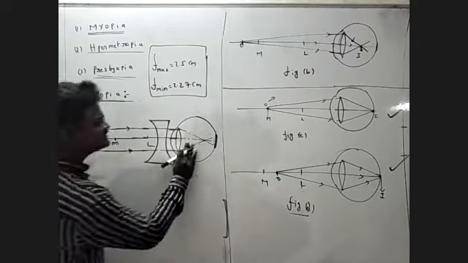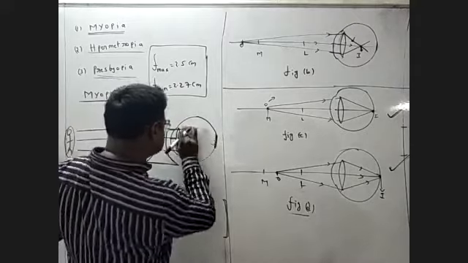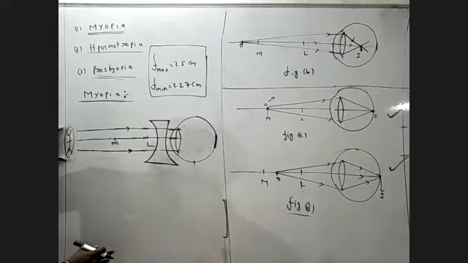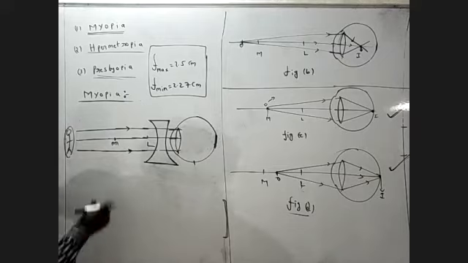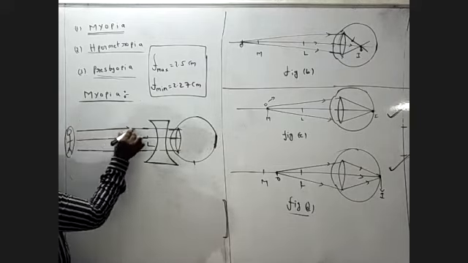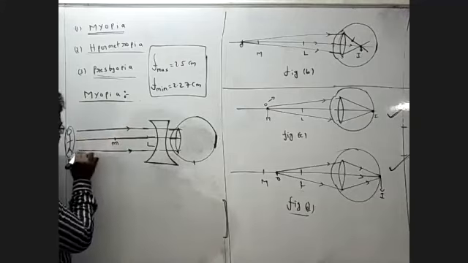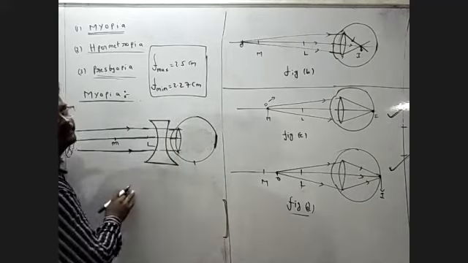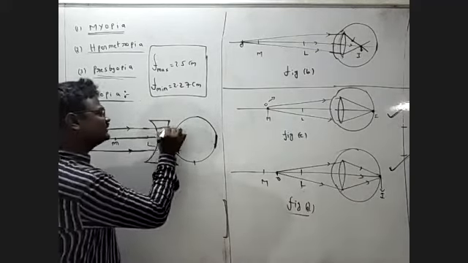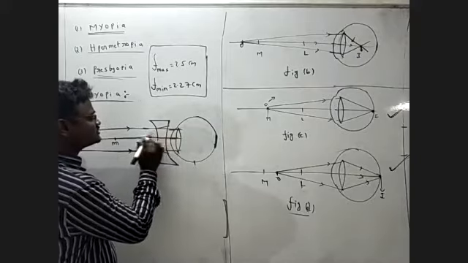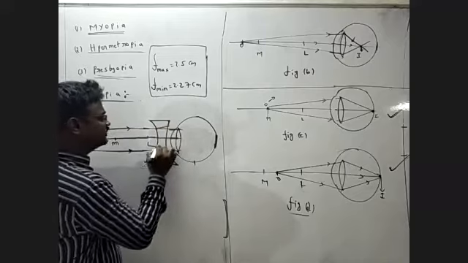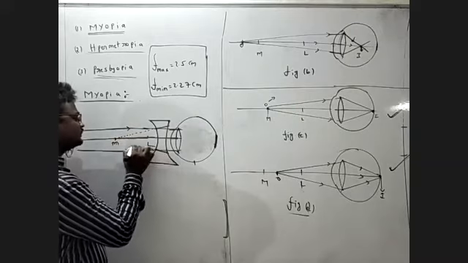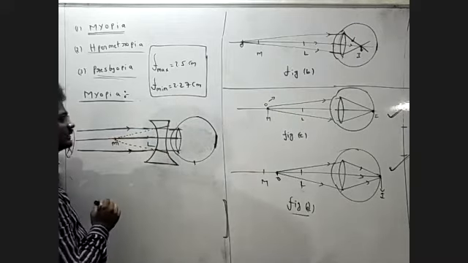So what is the use of this? You see that one, I'm going to be correcting. The object is placed at infinity. Infinity means parallel rays are coming from infinity. These parallel rays strike the concave lens. What will happen? It is divergent. This middle ray goes straight, and the other rays diverge. They can be extended backward and meet at M point.